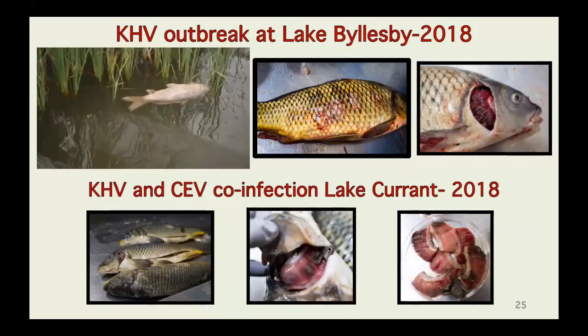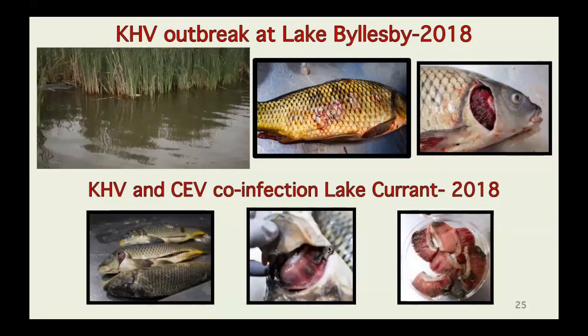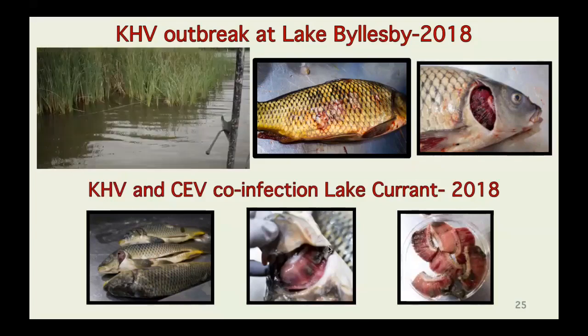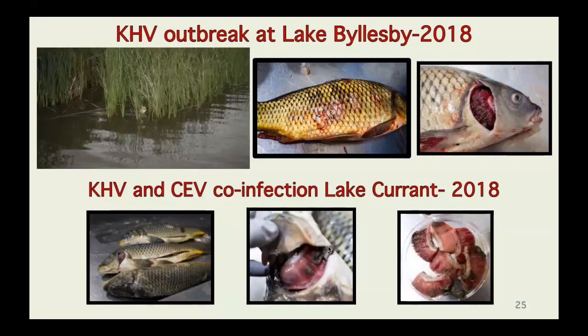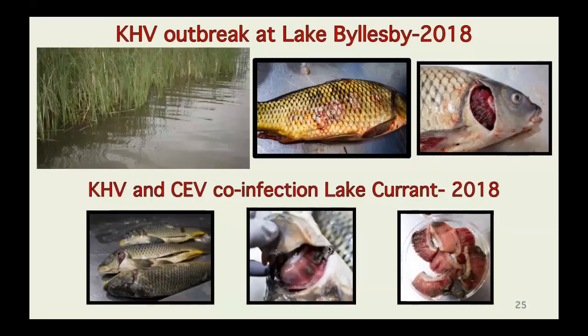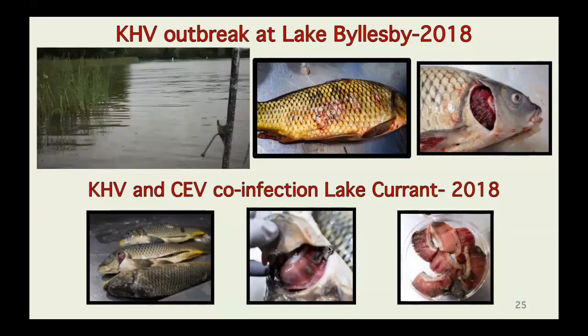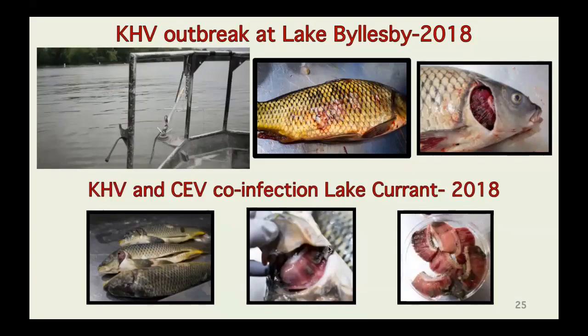This is actually a good example where we have a boat and not just our legs. But this is what you'll see: just around the whole entire perimeter of the lake, or maybe all on one side of the lake, you just see all these floating corpses. But these are all pretty large fish, and they're just the ones that are floating. So there's a lot of things that you're missing. KHV has these really characteristic hemorrhages on the skin, loss of scales. This is the most characteristic thing. It's a little hard to see, but this gill is just super chewed up. So these lesions on the gill are something that is common during KHV infections.